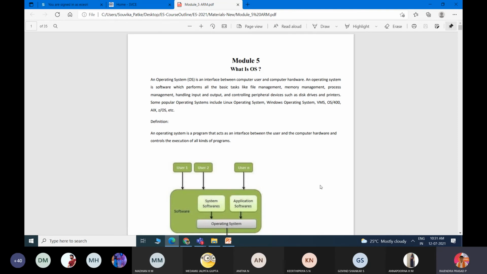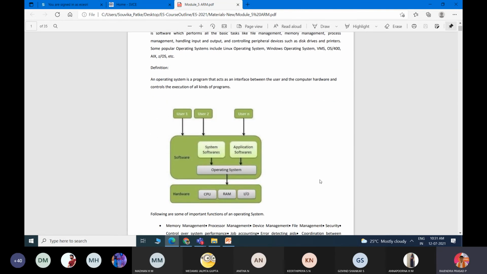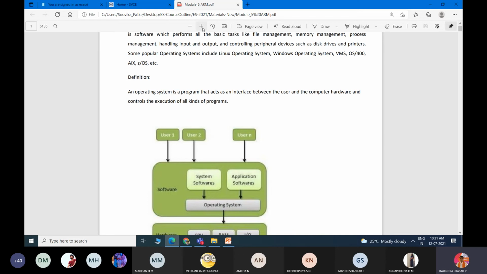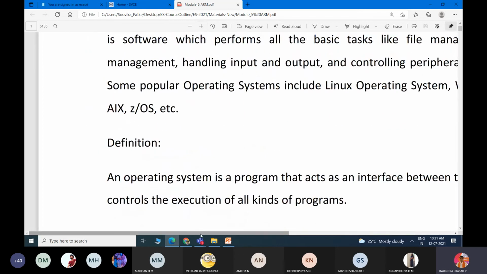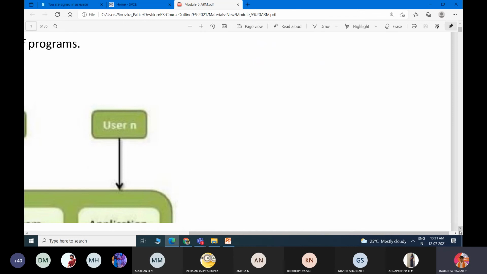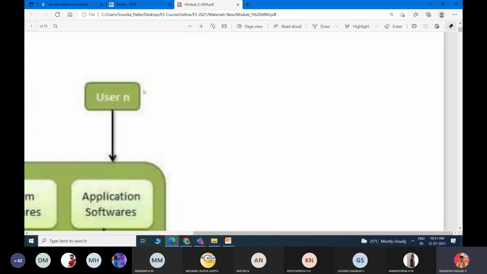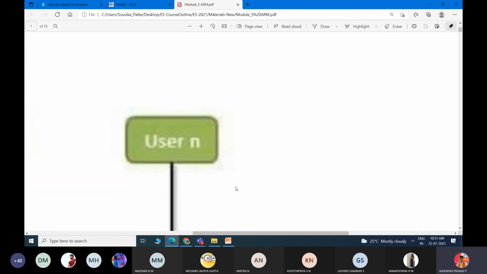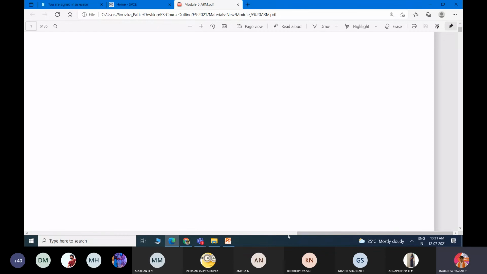Simple, I have taken this as an example. So this is a white screen.